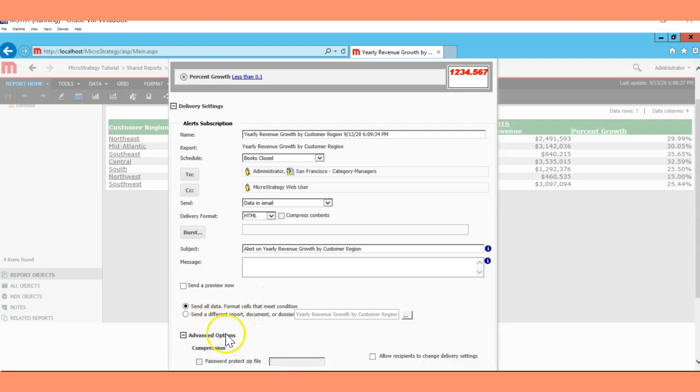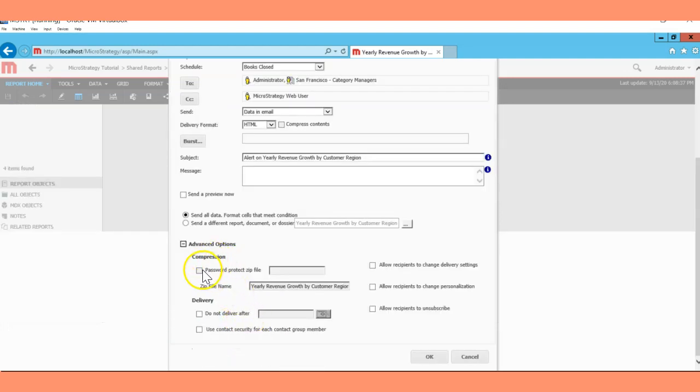Under the advanced options, you have a couple of options also here. You can compress and protect the zip file, enter the password here, the zip file name and delivery. You also have the option to allow the recipient to change the delivery settings.